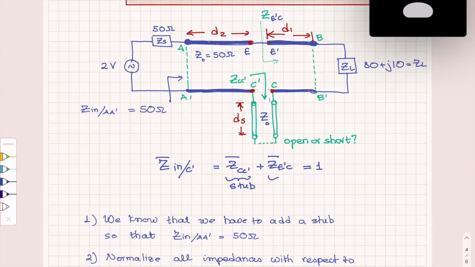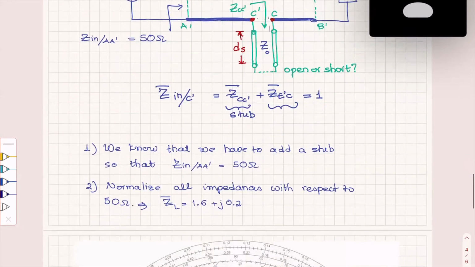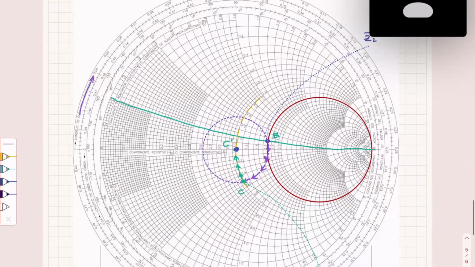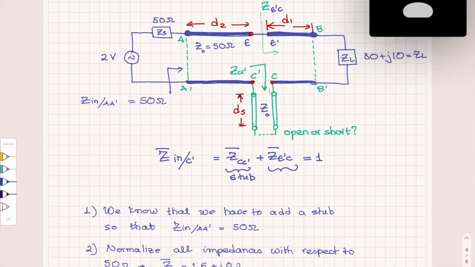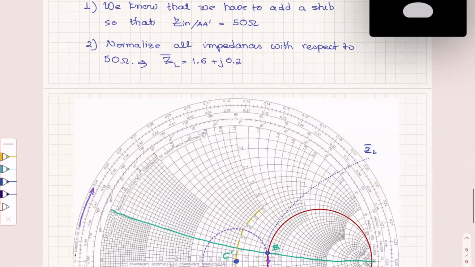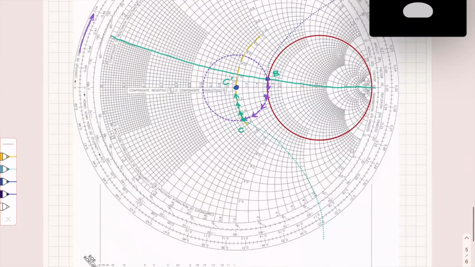And this is the input impedance after I travel from B to C. So when I move from B to C, when I move from B B prime here, and then I add the stub, practically I find myself at the center of the Smith chart, which means,